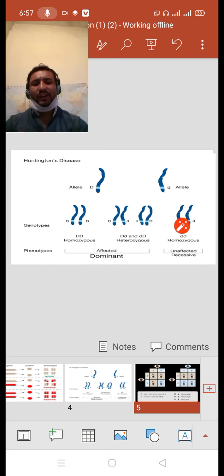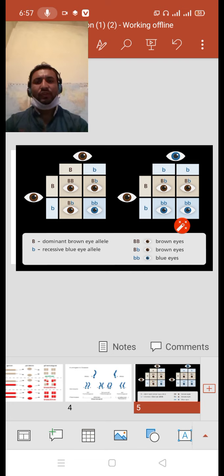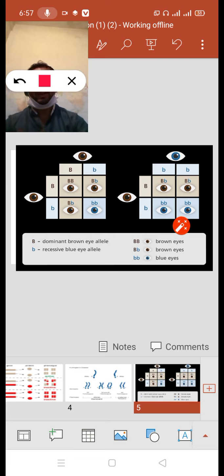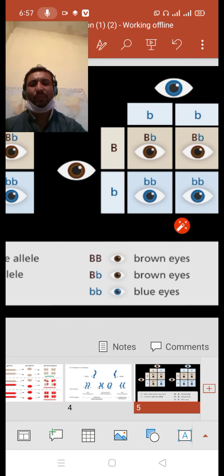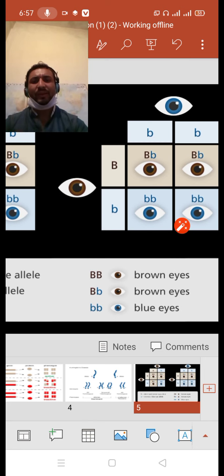And if I show the practical application in human beings, the eye color of human beings, you can see here capital B means brown eyes. The color of the eyes is brown. Capital B and small b also show brown eyes. Why? Because the capital B can express